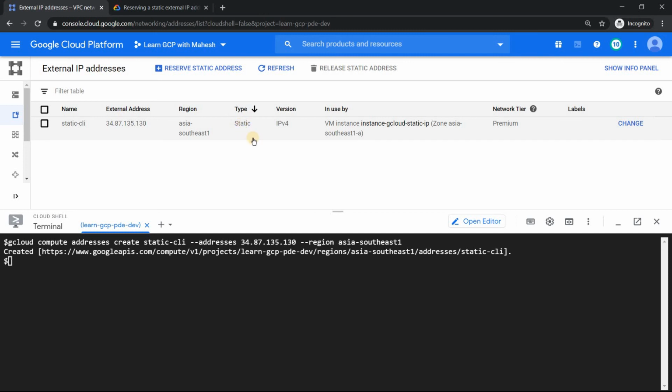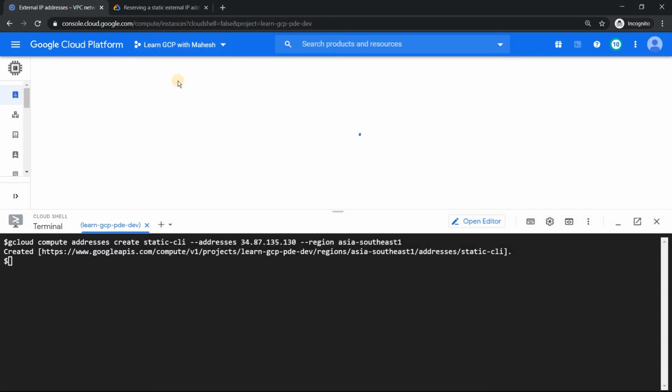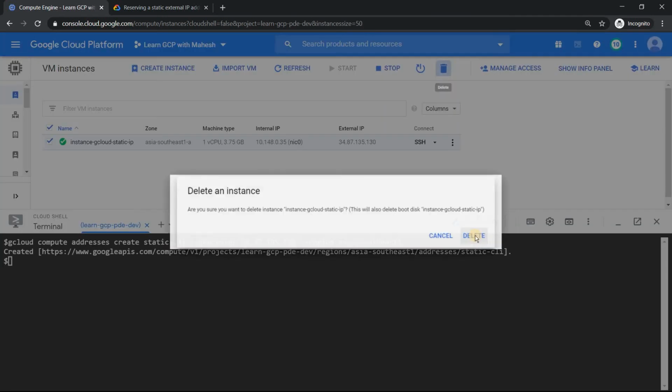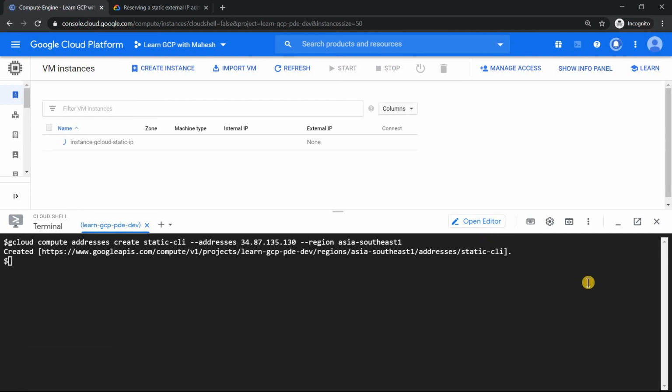Now if you want to release this, remember, if you just go and delete your virtual machine, the static IP address will be charged, almost like $7 per month. So don't make the mistake when you do this demo. If you delete the virtual machine like this, make sure you release the IP address. If I just delete it, the virtual machine gets deleted, the compute, storage, everything gets removed, but the IP address would still be there. Usually an unused IP address is going to be very expensive. Please don't make that mistake.